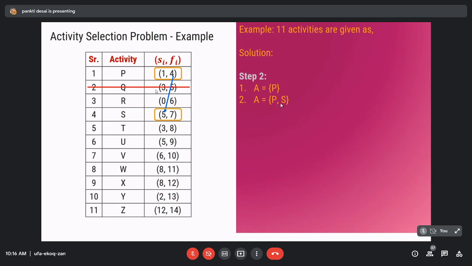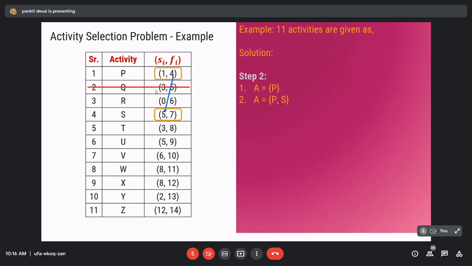Yes, ma'am. Okay. Now the next activity is T. What is the starting time of T? 3. Right?